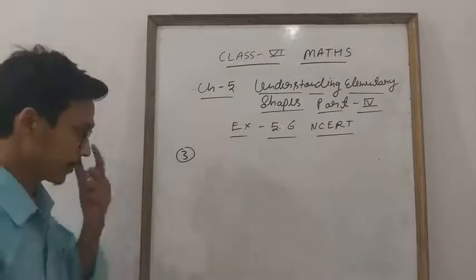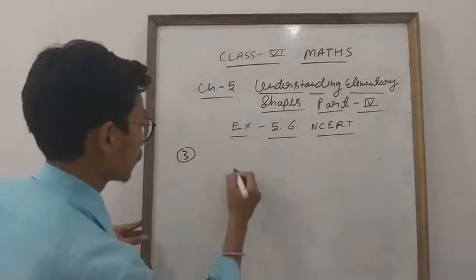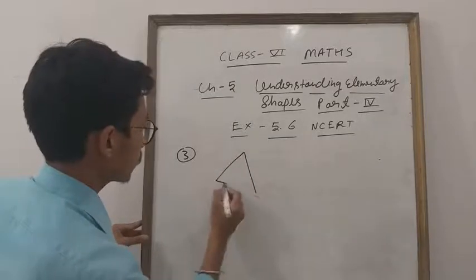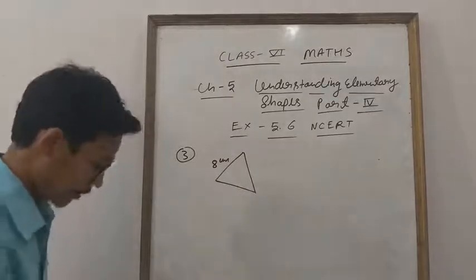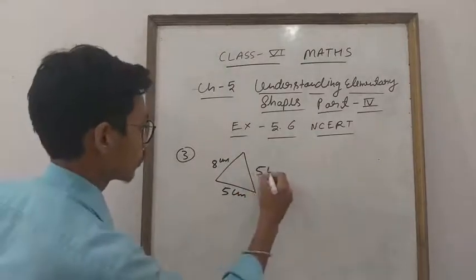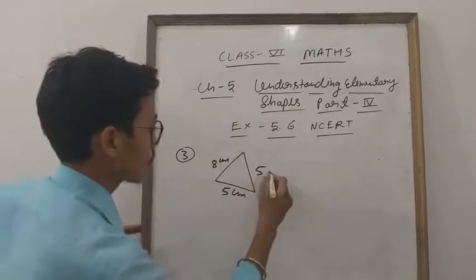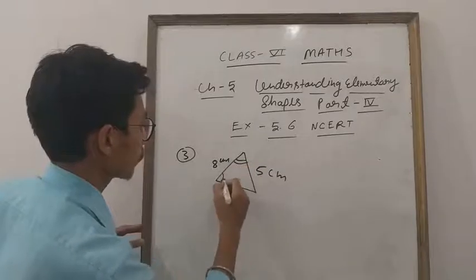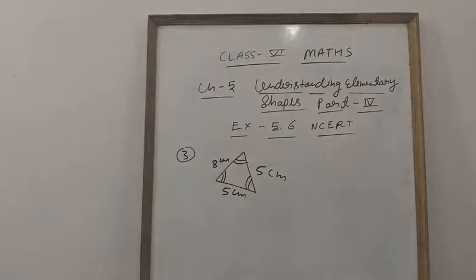Okay, everyone. So see, the first question, I am going to write down. See, this is your diagram, like this, a little bit. 8 centimeter is given, 5 centimeter, 5 centimeter. Okay, these are the sides given, students. So these are the three angles given. Now you have to tell on the basis of two methods: first on the basis of side, and one on the basis of angle. So I will explain everything.